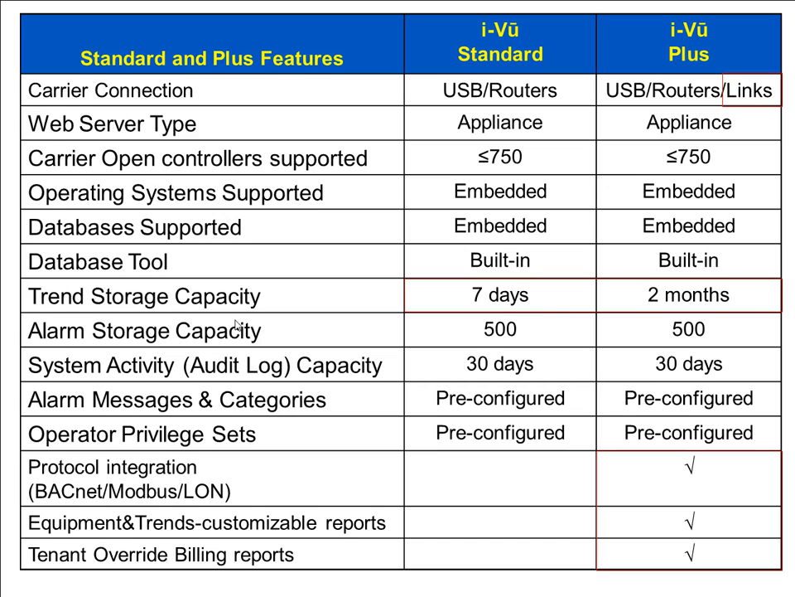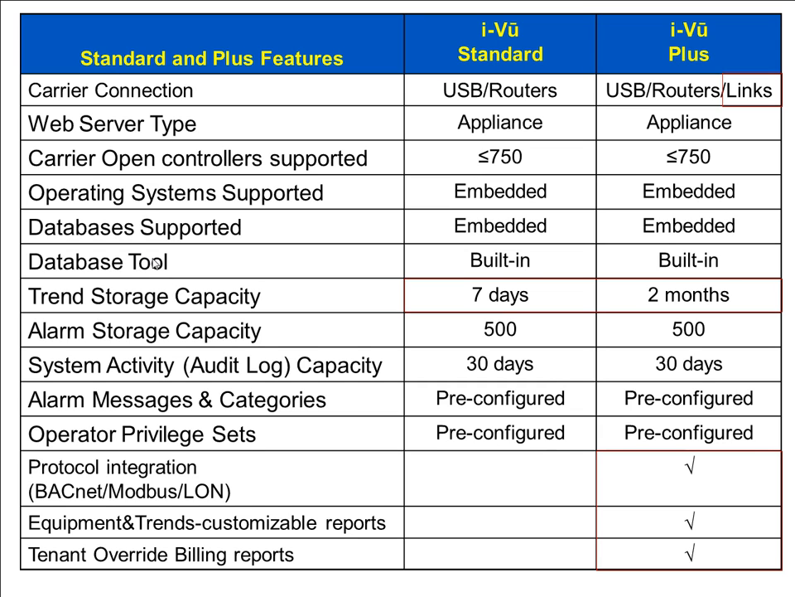Comparison between the standard and the Plus. I tried to highlight in red some of the main differences. For the carrier connection type, on the iView standard you have a USB and a router. On the iView Plus you can also do a link, and the link would be what you'd need for the third-party integration on there. Web server type is the same, the amount of controllers supported is the same,